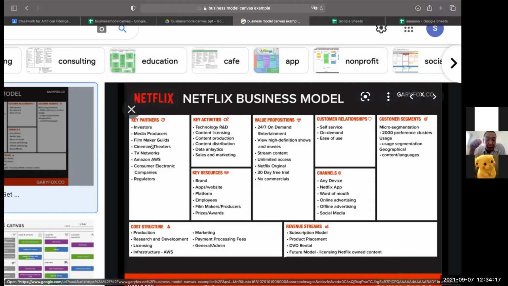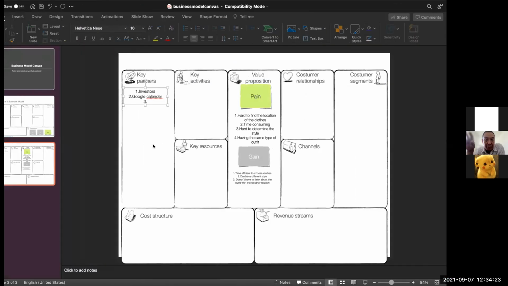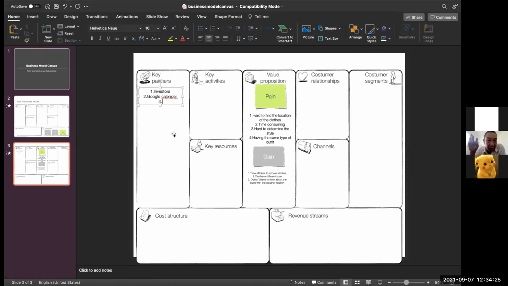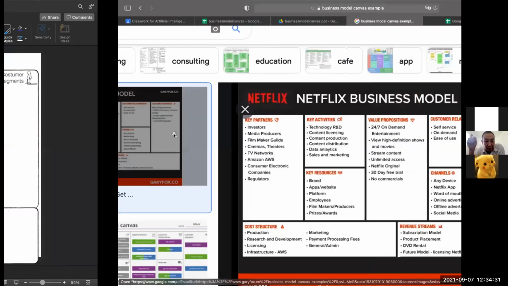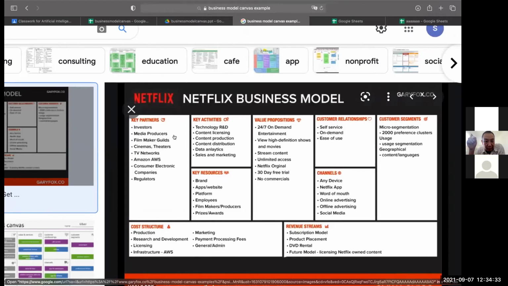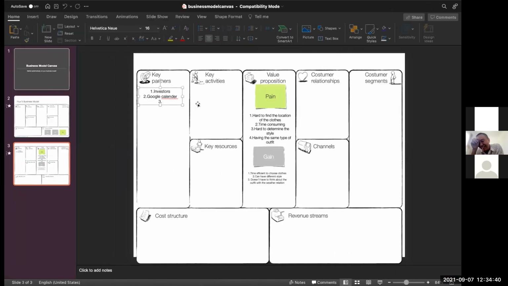If you upload the business canvas to Google Slides and then assign it to everyone, right? One will do the key partner, the other will do key activities, so we can finish on time. Shannon will write it all down. That's why they asked me to do it in PowerPoint. I'm just going to talk and then I will type it. It's okay.